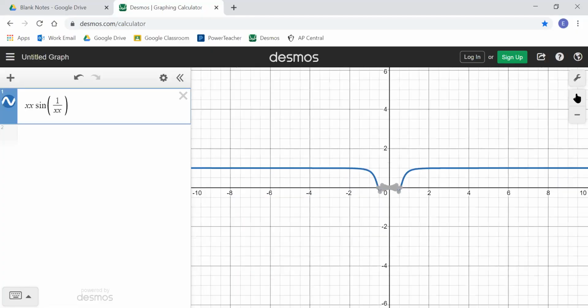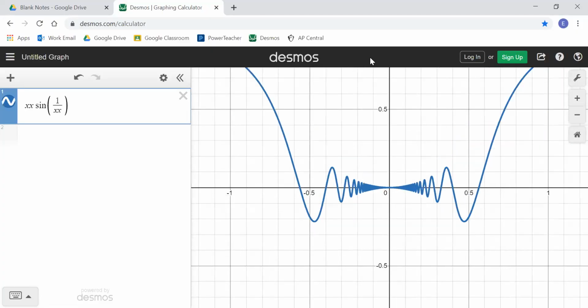So let's see, we'll leave it right around there. We're going to come back to looking at this graph in a bit. But what we need to do is we need to figure out,